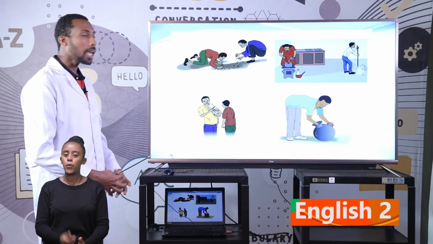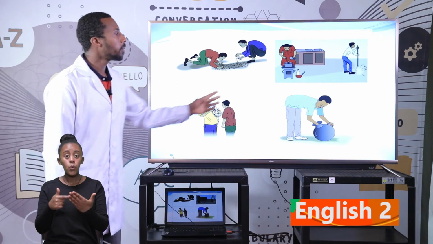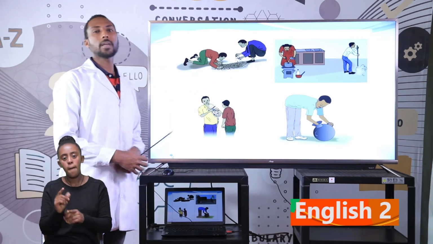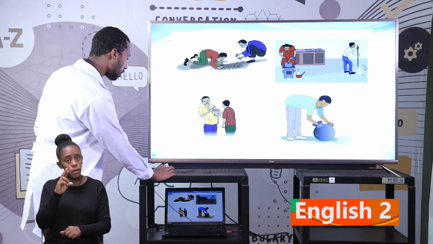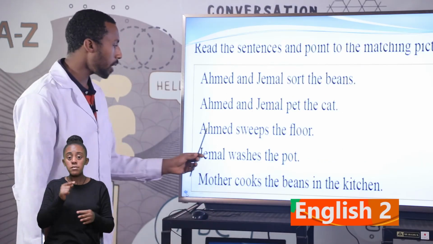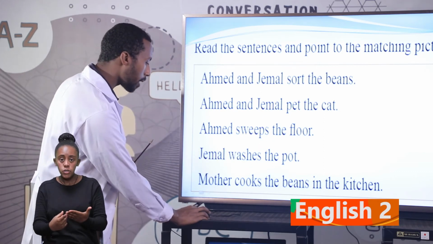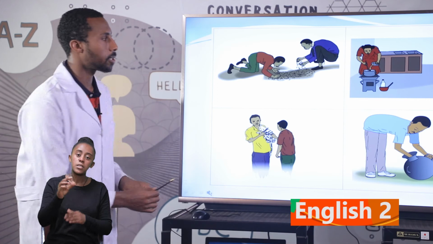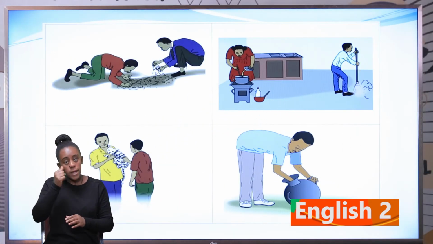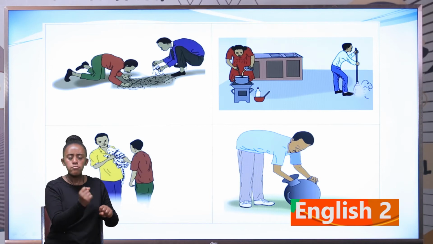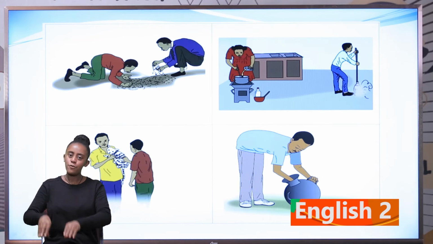Well done. Thank you for your participation, student. So, the answer is what? Picture number 3. Because the sentence says, Ahmed sweeps the floor. So, in picture number 3, please, student, look at picture number 3. Ahmed is sweeping the floor. Okay, students. What about the fourth